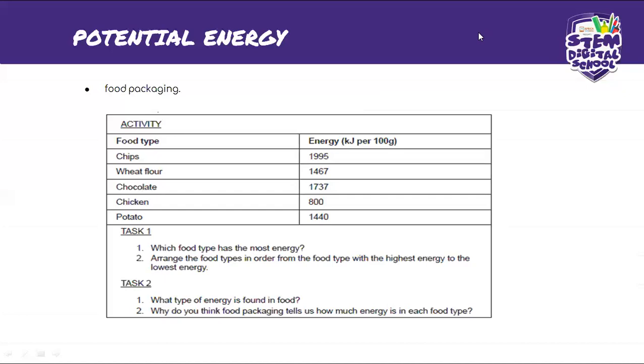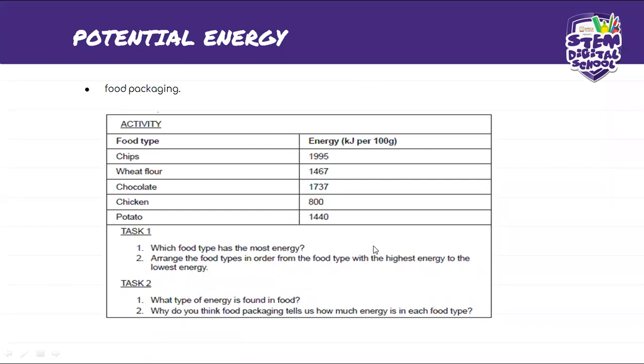I was saying that the second question is talking about rearranging the food items that they have given us from the highest energy to the lowest energy. So I was just saying whether you can do that before we continue. Okay. All right, chips. Somebody saying chips here, chocolate, followed by flour, followed by potato, and that is correct.